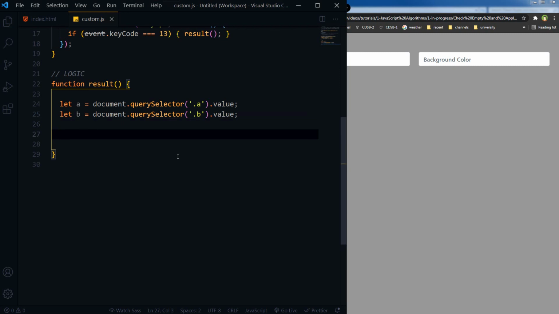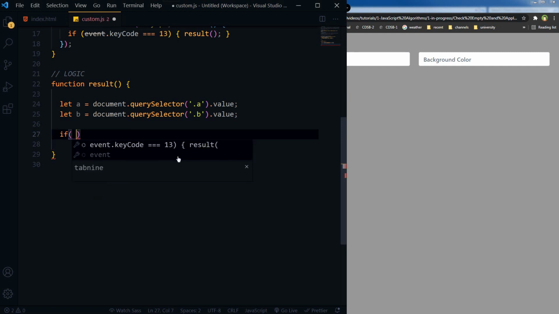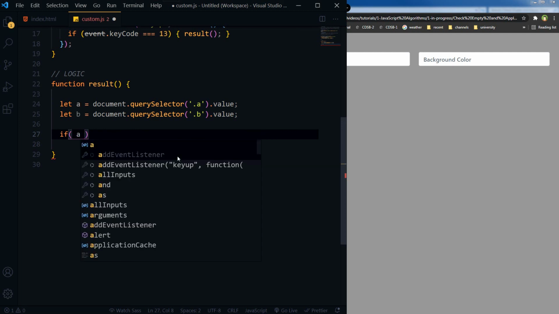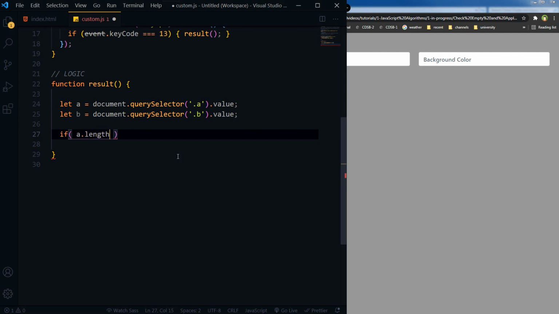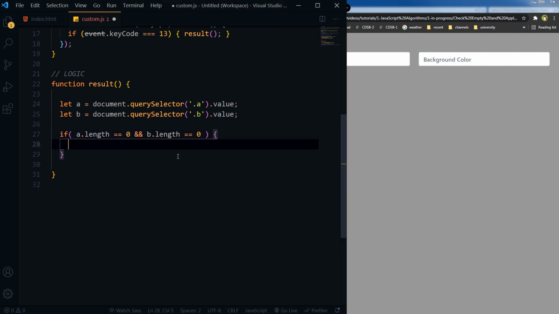Let's do the first point. If nothing is submitted, if A dot length is equal to 0 and B dot length is equal to 0. In this case, if both field values are empty, then